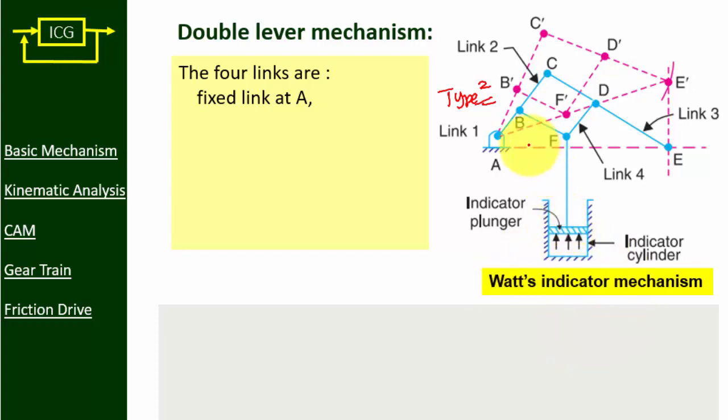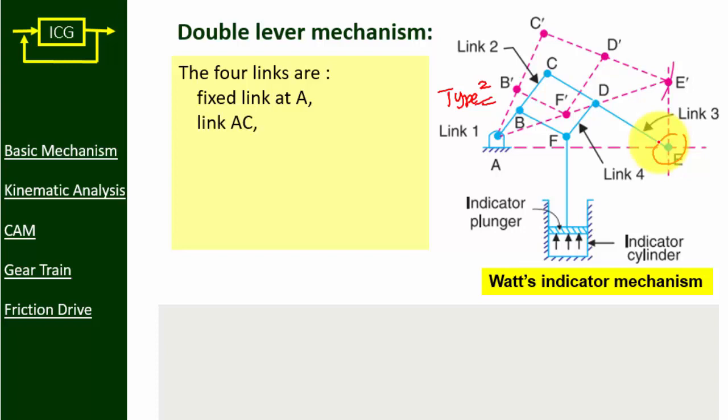The double lever mechanism is attached to this piston arrangement. So when the piston moves up and down, what will happen? There is a pencil attached at the end, at point E. The point E traces a line on paper. There will be a paper on the back side of this point E. So by tracing the point E on paper, we can find the total work done by the engine. That's why it is called an indicator mechanism. The purpose of this indicator mechanism is to find the total work done by the steam engine.